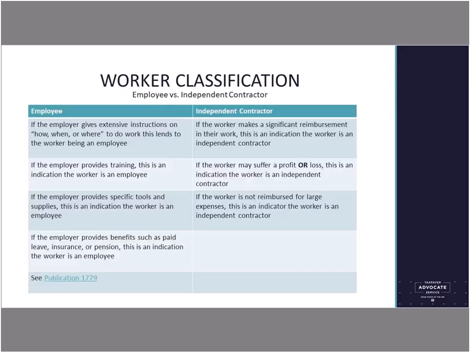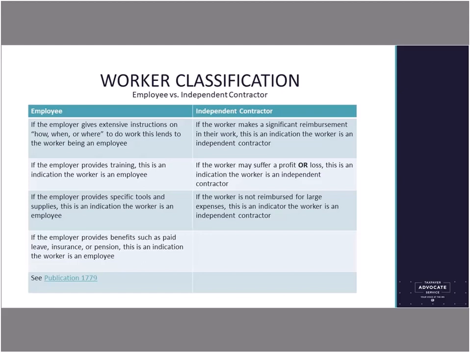So I am going to also emphasize, as Stephen Luis mentioned, there are various factors considered when determining the classification of a worker, employee versus independent contractor. A few are listed on this chart. A business might pay an independent contractor and an employee for the same or similar work, but there are key legal differences between the two. It's critical for business owners to correctly determine whether the people providing the services are employees or independent contractors. So some of this really does bear repeating.